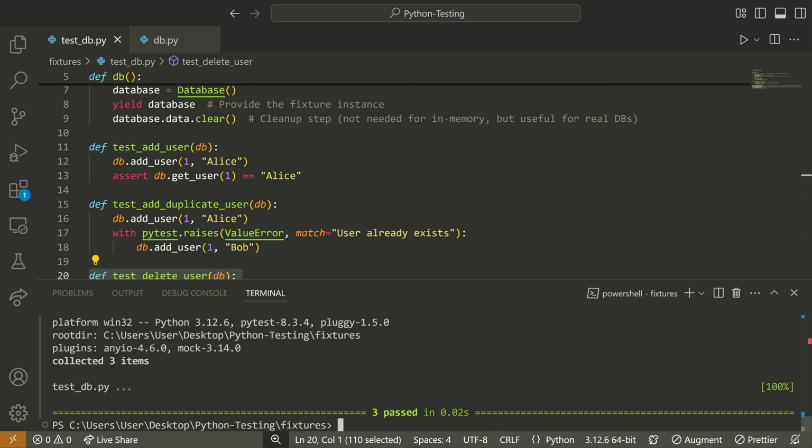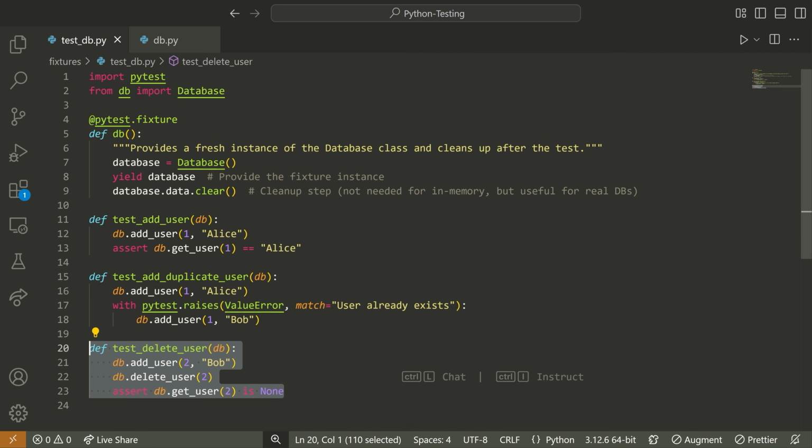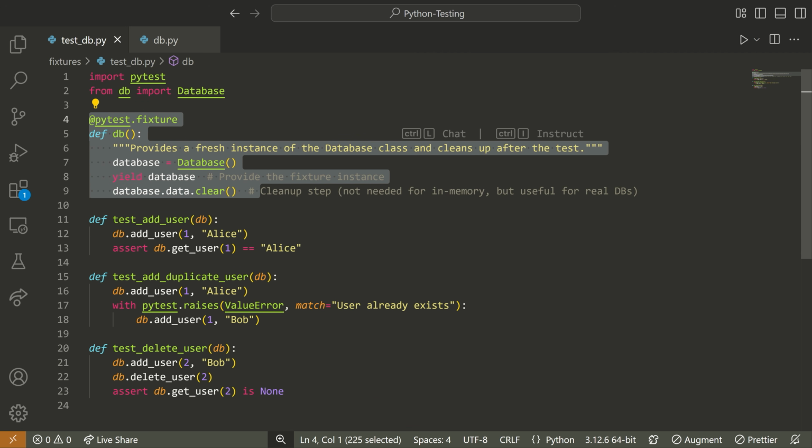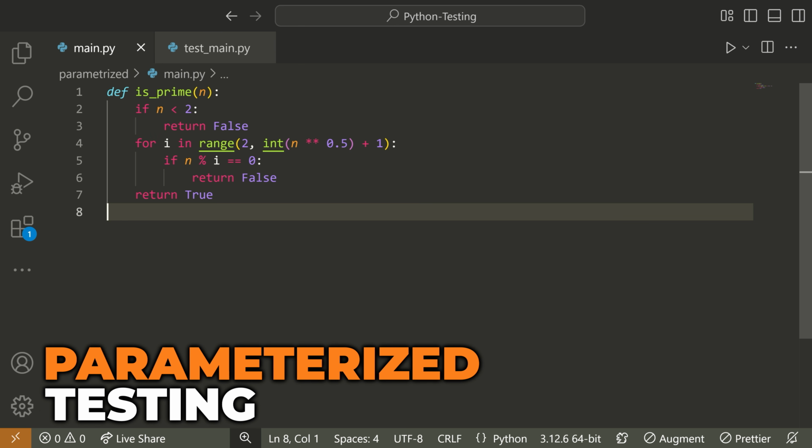testdb.py. And you can see that all of this worked, and my 3 tests passed in this amount of time. Okay, just showing you one more use case here of the fixture with that teardown operation. So now let's look at a new feature which is quite useful but difficult to pronounce, and that is parameterized